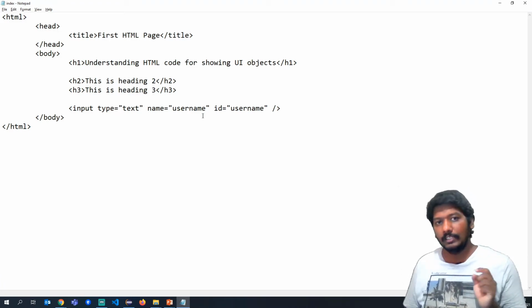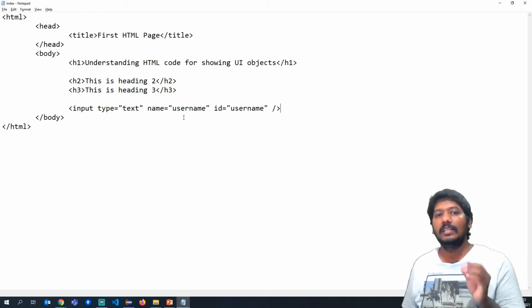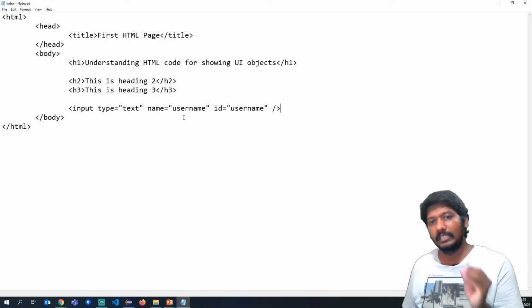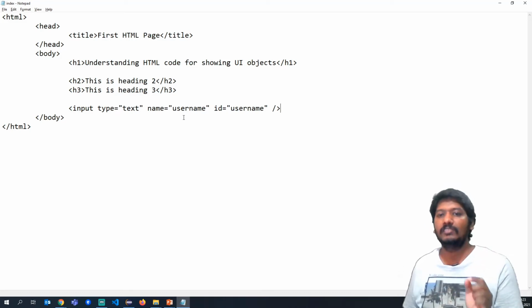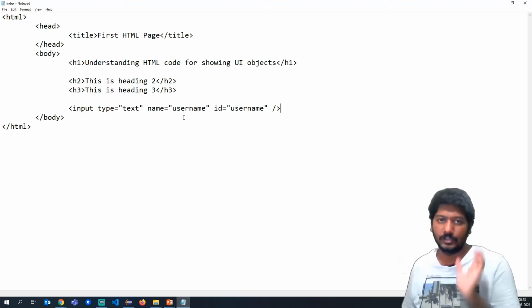Now it is also saying that it is of type text, and we have given some attributes here. There is something called name for this particular object, and for that we are giving it as username. Similarly, we have something called id as an attribute for this text box, and the value is username.